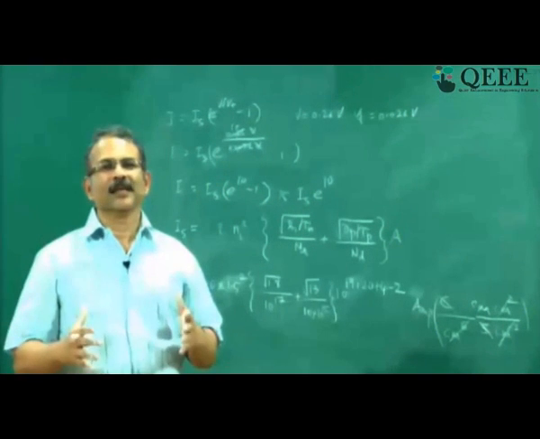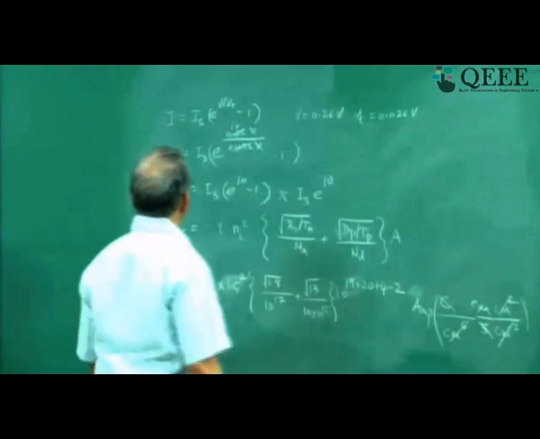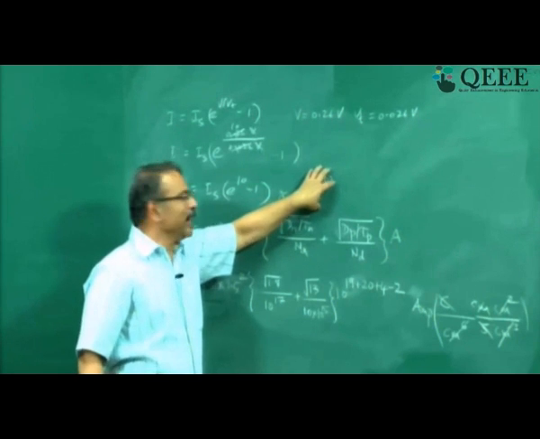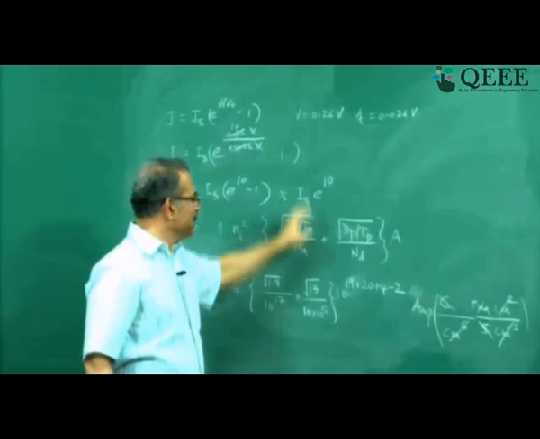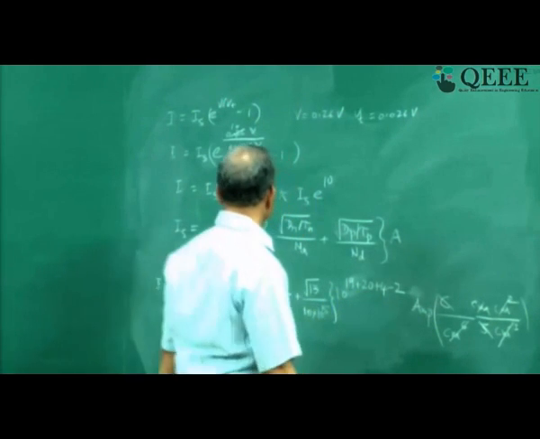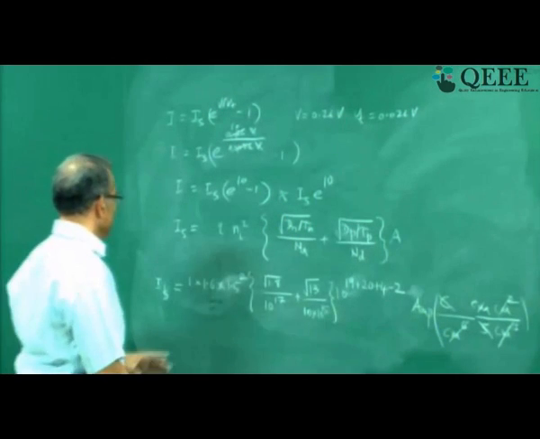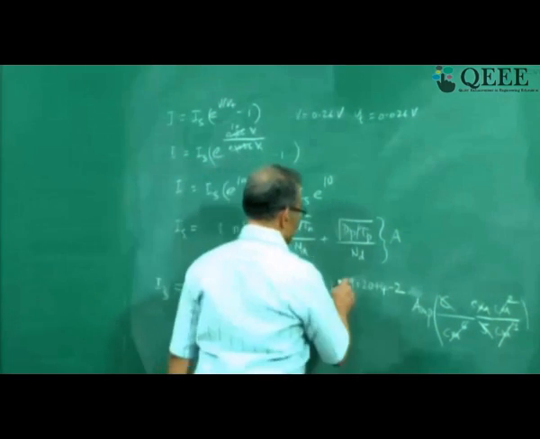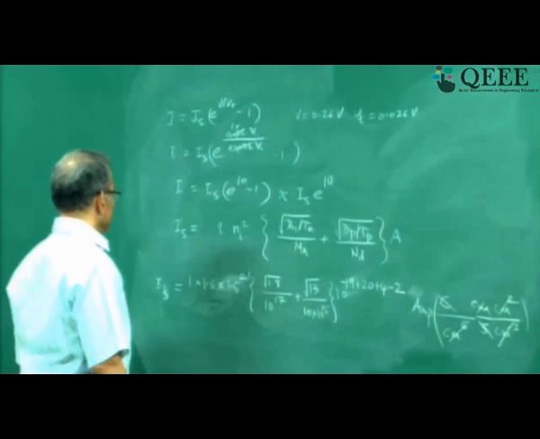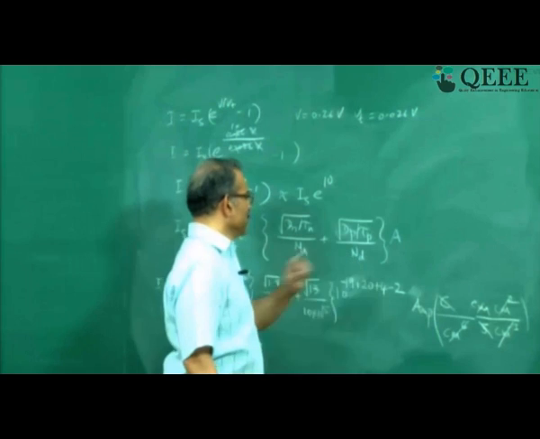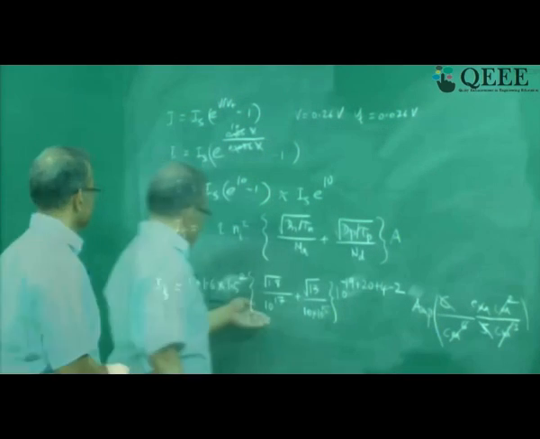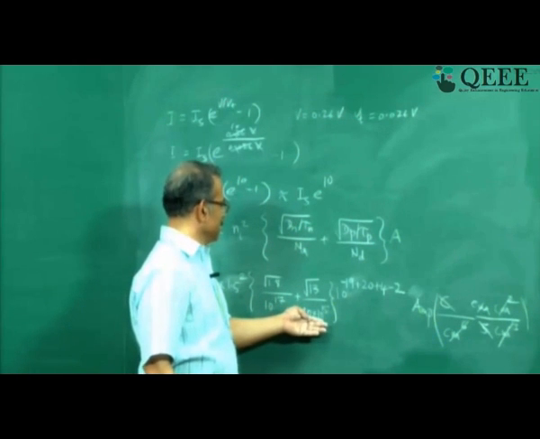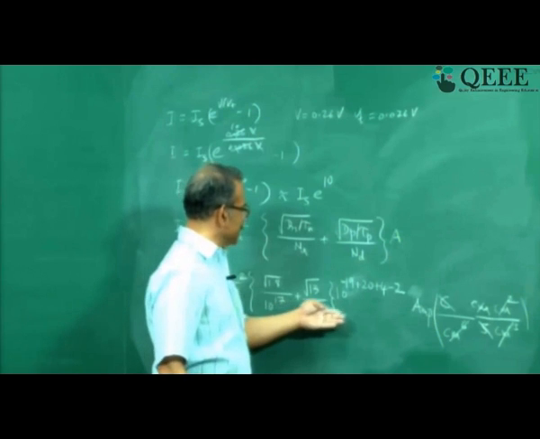Now can you get IS of that order? You know that small signal diode currents are milliamperes and already I have a factor of 10 power 10 here. So IS should be really very small, but I am getting 10 power 40. So I made a mistake. Let us check where did I make a mistake. So first of all, when I put Q, it should be 1.6 into 10 power minus 19 coulombs. So I have forgotten. Then Ni square 10 power 20. Yes, that is fine. I have not taken into account this 10 power 17 or 10 power 16 yet. Okay. So I need to take this also into account.